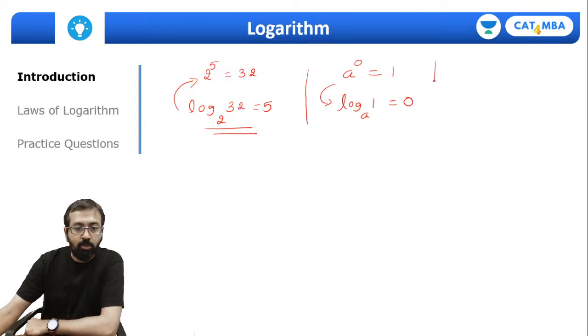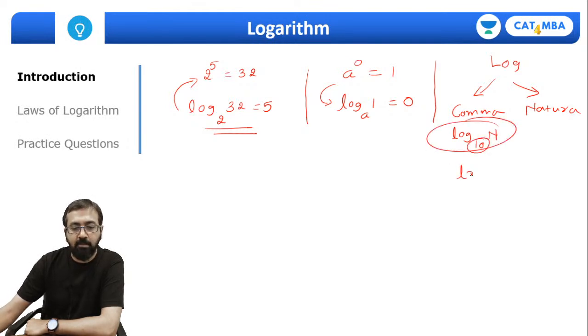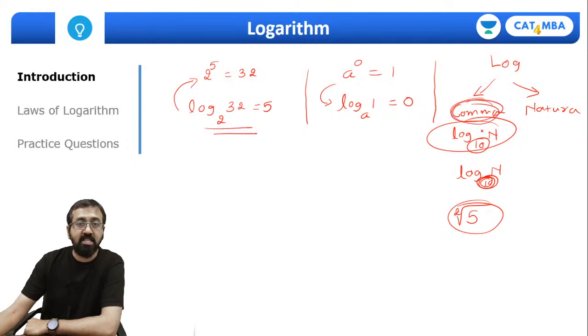इनफैक्ट लेट मी क्विकली टेल यू समथिंग दैट लॉग्स आर ऑफ टू टाइप्स, ओके। वन इज कॉल्ड कॉमन लॉग एंड द अदर इज कॉल्ड नेचुरल लॉगरिथम, ठीक है। जो कॉमन लॉग होता है उसका बेस 10 रहता है। इनफैक्ट अगर मैं बेस में कुछ भी नहीं लिखता हूं ना तो यहां पे हम अज्यूम कर लेंगे कि द बेस इज 10, बाय डिफॉल्ट इट विल बी अज्यूम्ड एज 10। जैसे अगर मैं सपोज ऐसे लिखता हूं, इसको आप स्क्वायर रूट रीड करते हो ना। क्या यहां पे हमने 2 लिखा था? नहीं लिखा था, राइट। सेम वे log ऑफ n अगर मैं कहता हूं बेस में कुछ नहीं लिखा है तो आप इसको 10 अज्यूम कर लोगे। सो ये हो गया कॉमन लॉगरिथम। कॉमन लॉगरिथम में बेस आपका 10 रहता है।